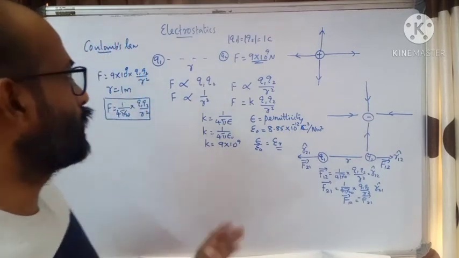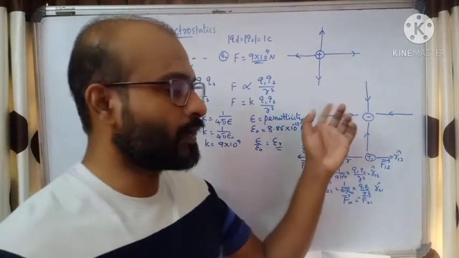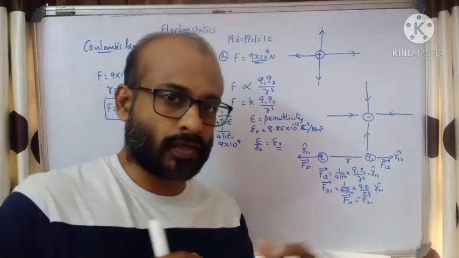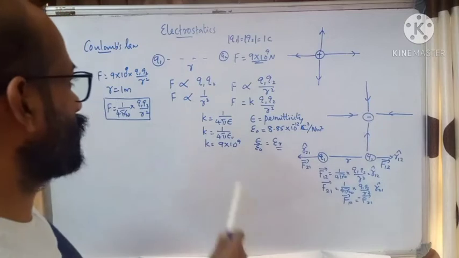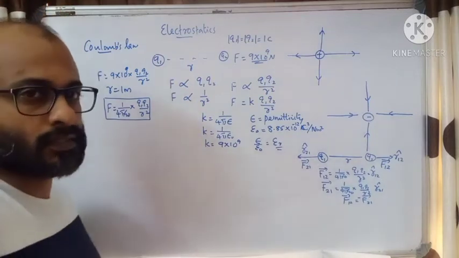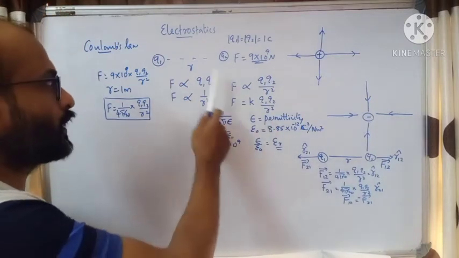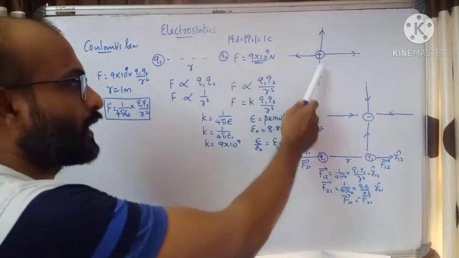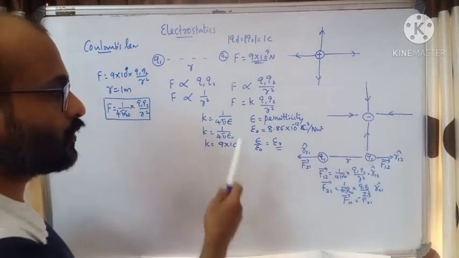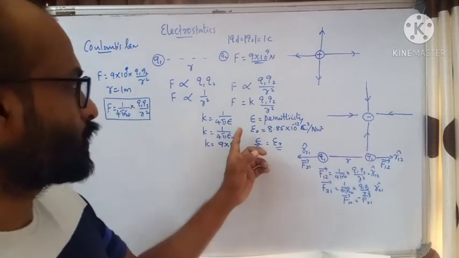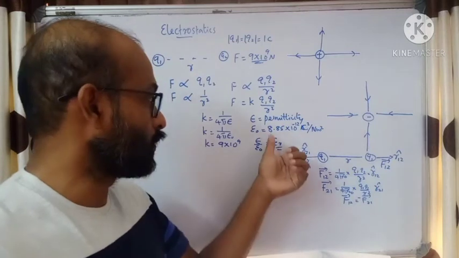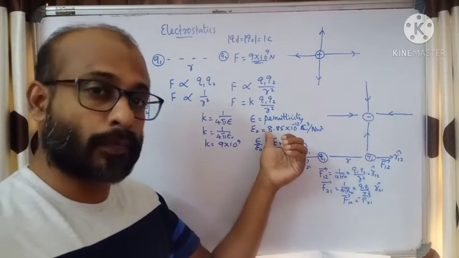So we have seen the field lines surrounding isolated charges. Now the field lines help the charges to interact, and we have got an equation for the interaction, that is the force between the charges. Okay, now what is permittivity? It is the ability of a medium to permit the field lines so that they can interact. This is called permittivity. Epsilon is the symbol of permittivity. Epsilon 0 indicates the permittivity of vacuum.